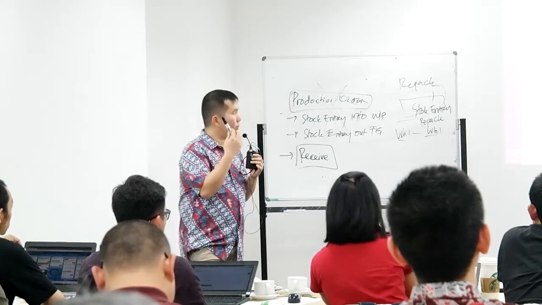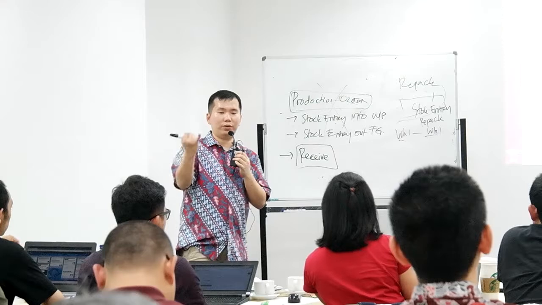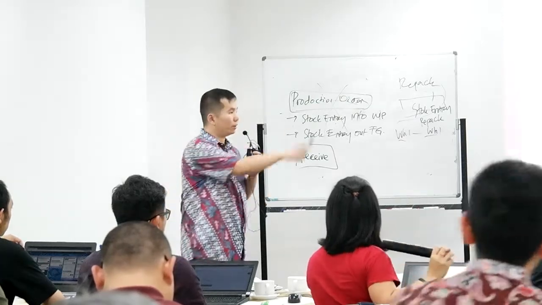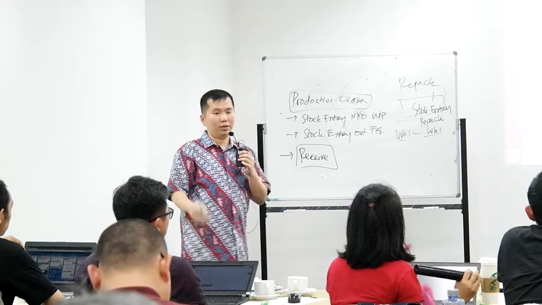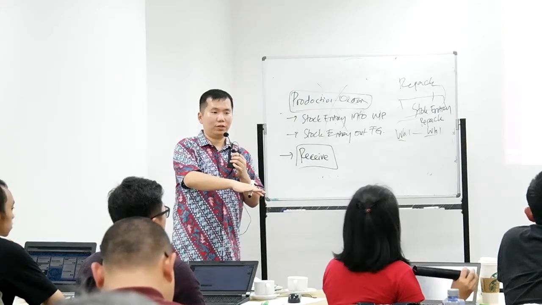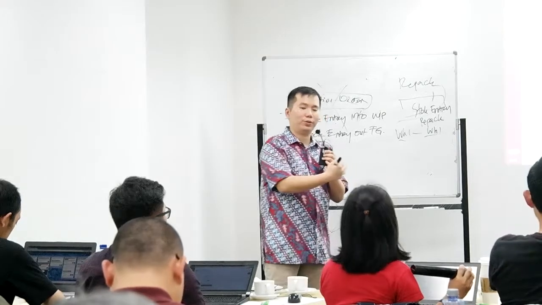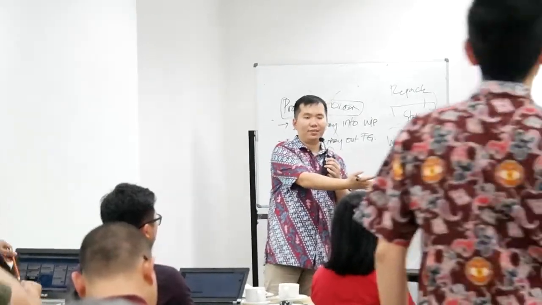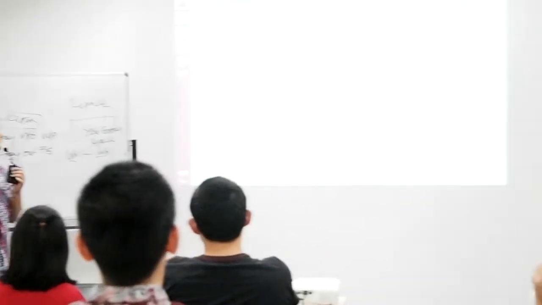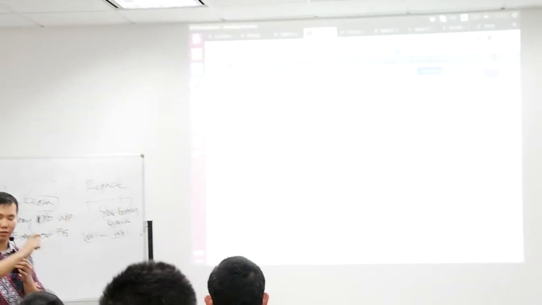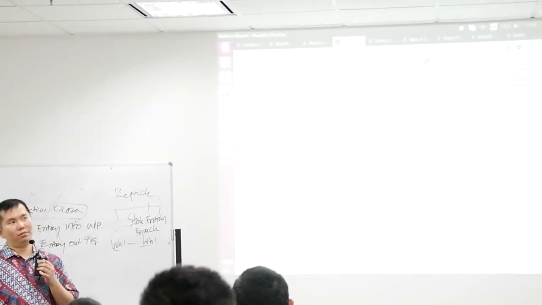Okay, so first you can do a virtual location, a virtual warehouse. In one warehouse, warehouse 3, you can set a warehouse. So when you receive the stuff, you don't put it into that warehouse, you put it into your consignment warehouse. That means you still have the stock card, on the virtual warehouse stock card. You can still do the stock count, but you know that the stuff in that warehouse does not belong to you. If you put it in the same warehouse, you can do a batch,